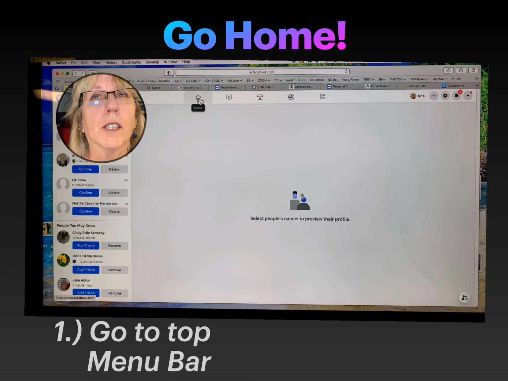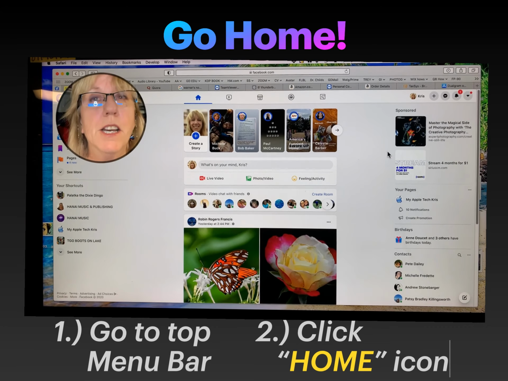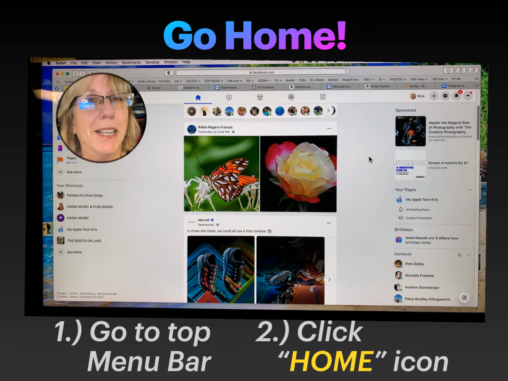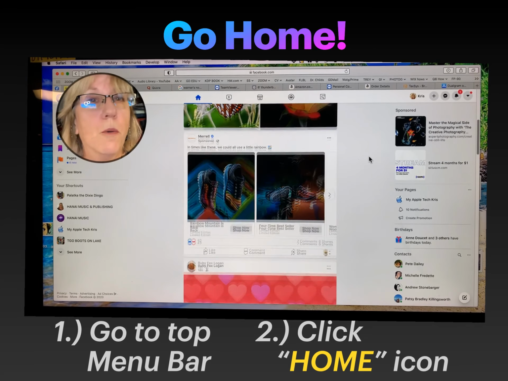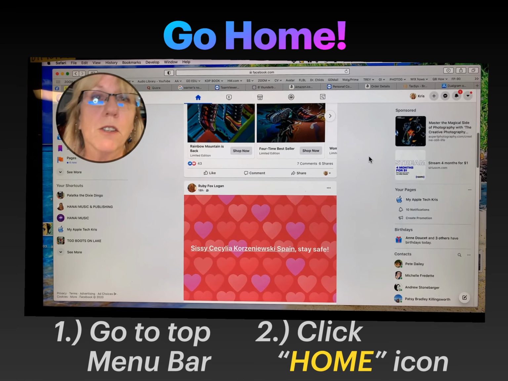You just go up to the little icon in the corner, click on that, and that will bring you back to your news feed. And it will probably be replaced with new things since the last time you had looked at it approximately 1 second ago. So there's always something changing on your news feed. So that's tip number 1, how to get back home if you get lost. It's called the little home button, and you can tap on it or click on it depending on what device you're using.